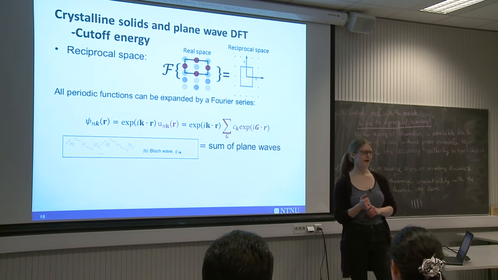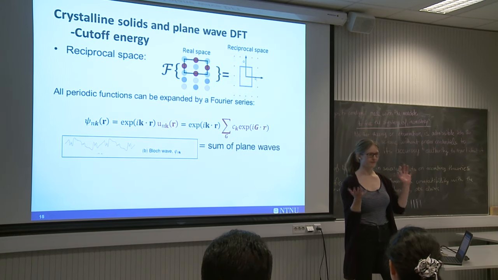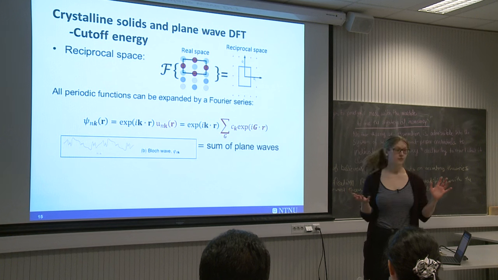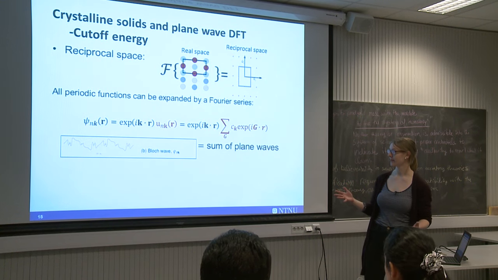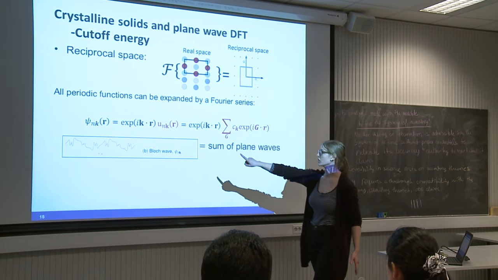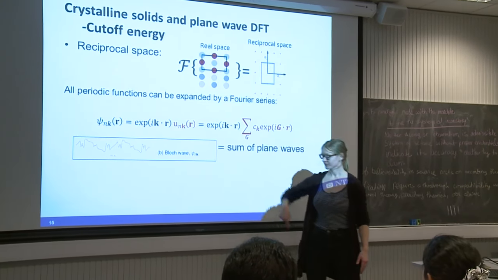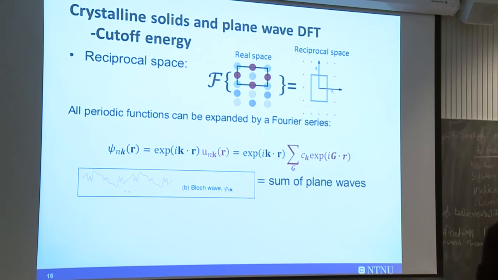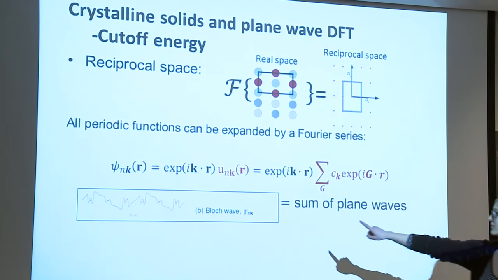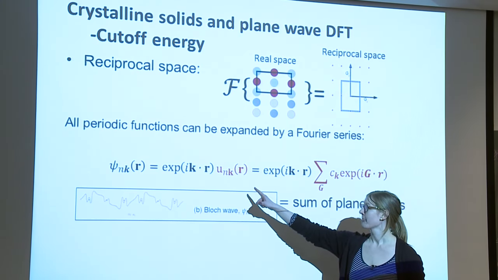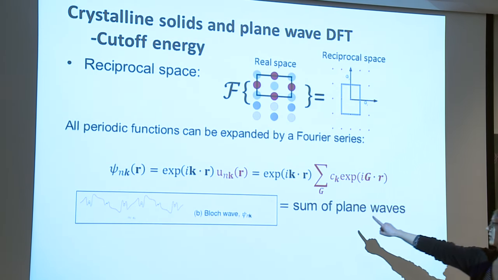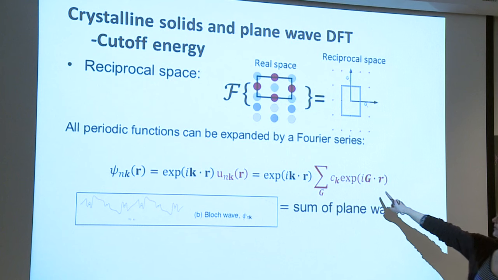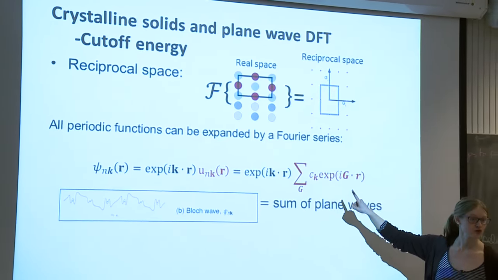Okay, and then you might remember from math that if you have some periodic function, you can always expand it in terms of a Fourier series. So let's look at our Bloch function, which is the electronic wave function in our crystal. This was periodic with our lattice, so we expand it, and the wave vector turns out to be